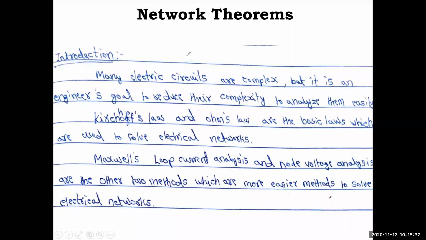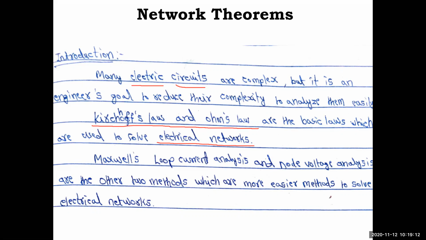So network theory or network analysis, also called electric circuits, means you should be very bold in it, and these complex circuits you need to reduce. When you are reducing them, what is available to you is certain laws and theorems, right? In the first part we used Kirchhoff's laws and Ohm's law wherever necessary. These are the very basic laws used to solve electrical networks. Without these laws, these networks are not valid at all; the validity of the networks is based on these laws themselves.